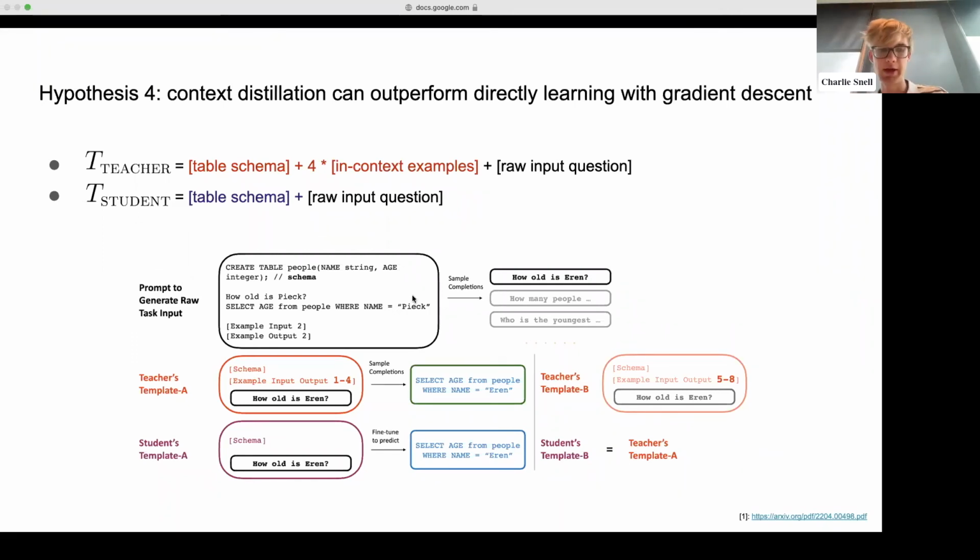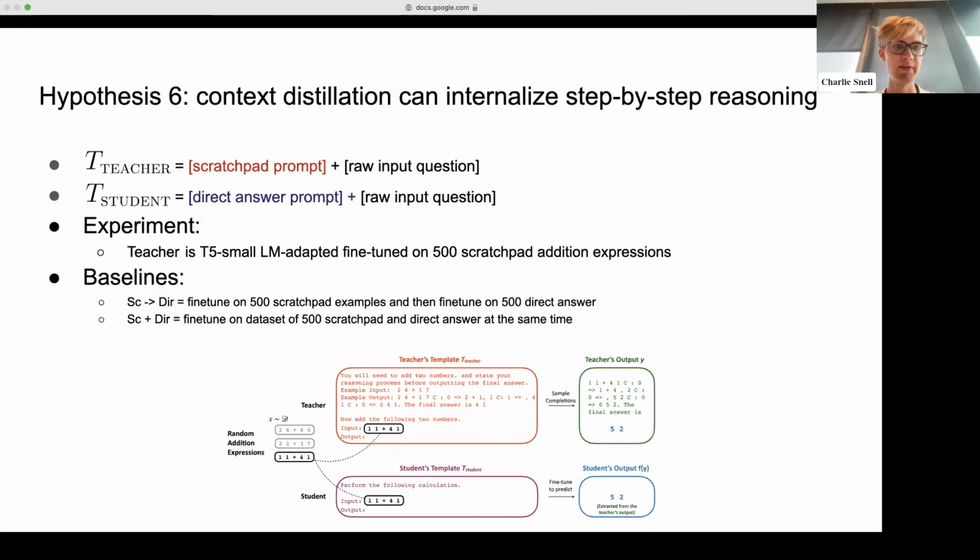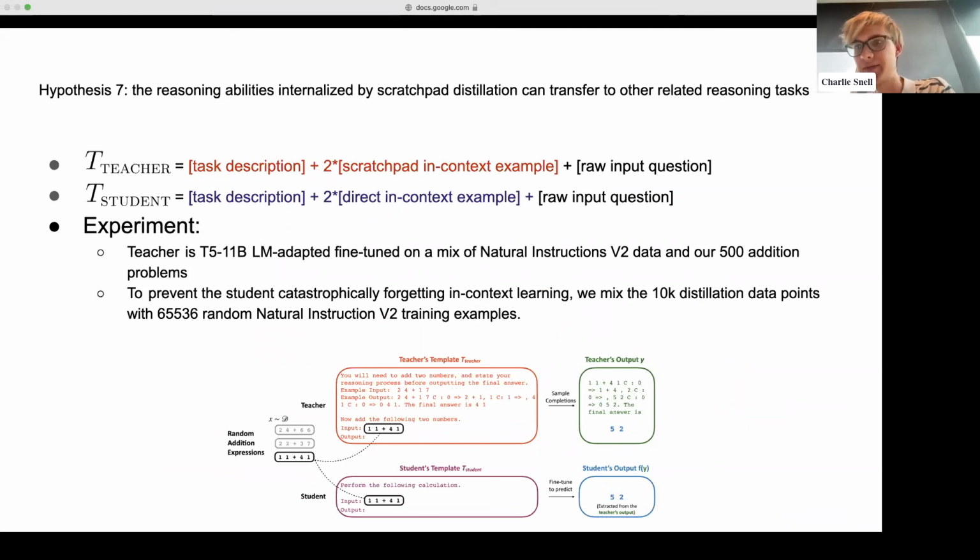So if we go back, a big part of this, and this is how it differs from normal distillation, is that the student and the teacher in this case have the same parameters. So the student should be the same size as the teacher, at least in our framework. Now, the teacher needs to be a certain size to be able to do in-context learning. That's why we were using the largest model we could, which is this 11 billion parameter model, for most of our experiments. This is because you need a certain size model for it to be able to do in-context learning.